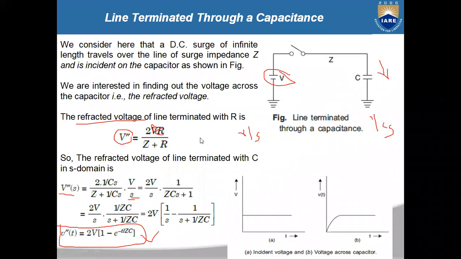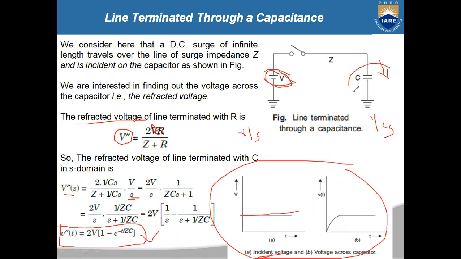Okay, so now if you see in this diagram, the incident voltage is a DC voltage or a step voltage like this. And the voltage across the capacitor, what you are getting here, this one, is exponentially increasing like this. Okay, so similarly you derive